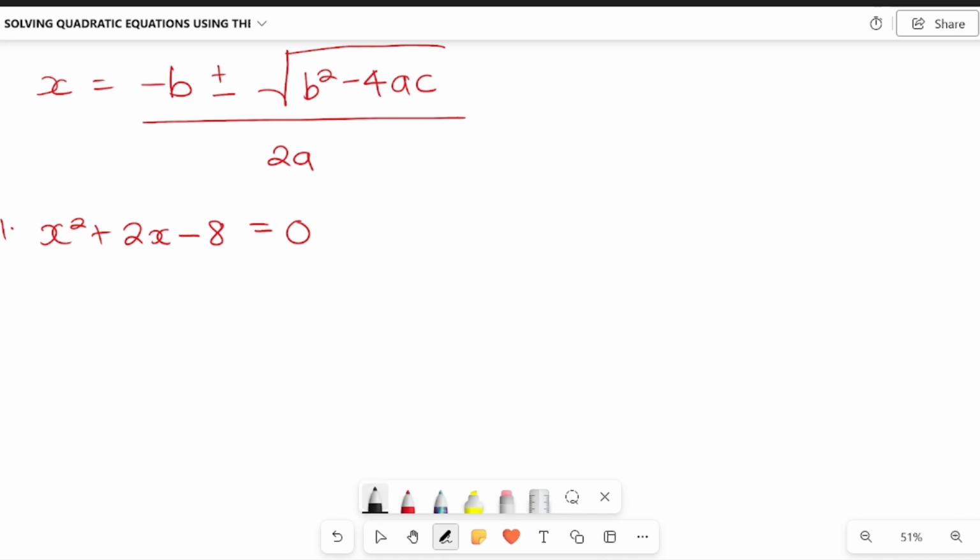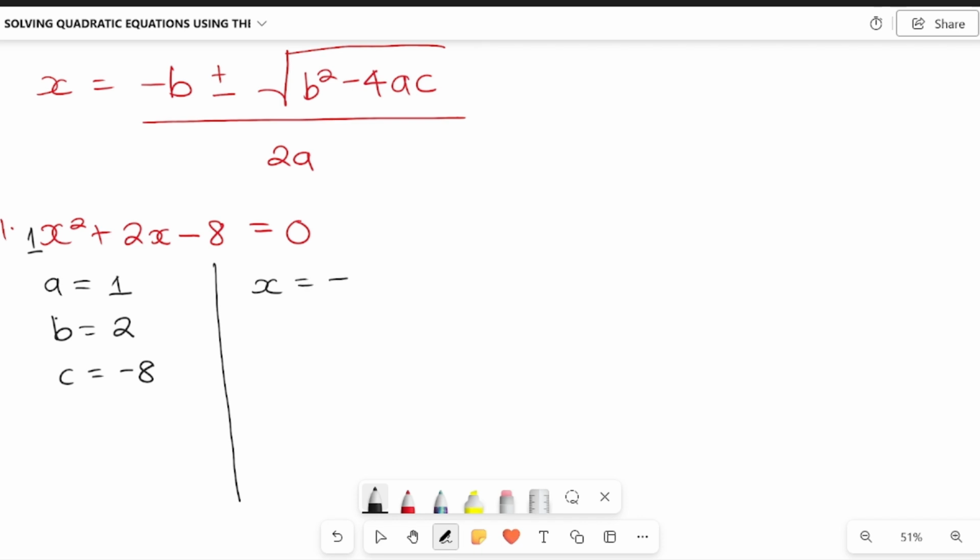Now when we compare our equation to the characteristic equation we had above, we can tell the value of a is 1 because the coefficient of x squared is 1. The value of b is 2 because the coefficient of x is 2, and the value of c is negative 8. The next step will be feeding these values into our formula, and that will be x is equal to